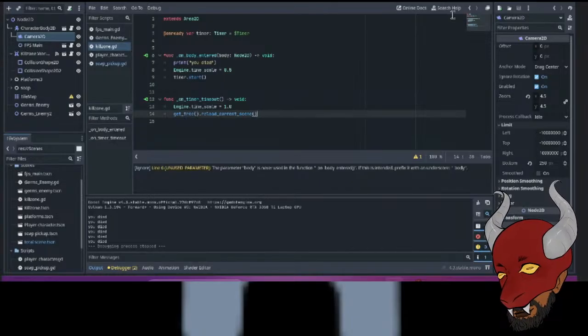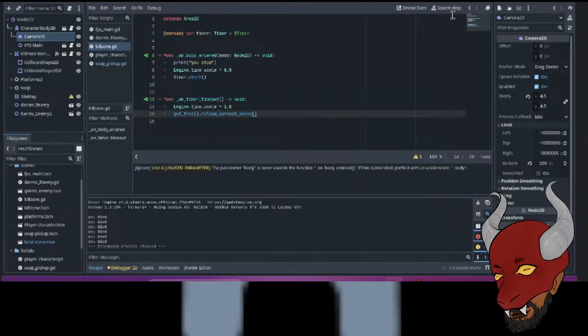But I think it could be even cooler if we remove the player's collider to make him simply fall off the map. To do this, we need a reference to the player. We actually already have this here. You'll notice that after the on body entered here, there's a variable called body. This refers to the body that entered the area. And since the only thing that enters the